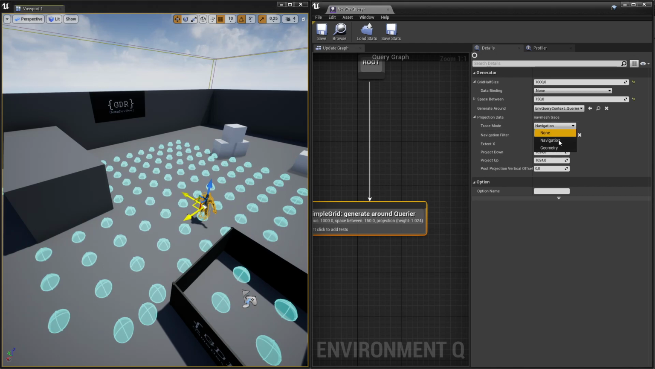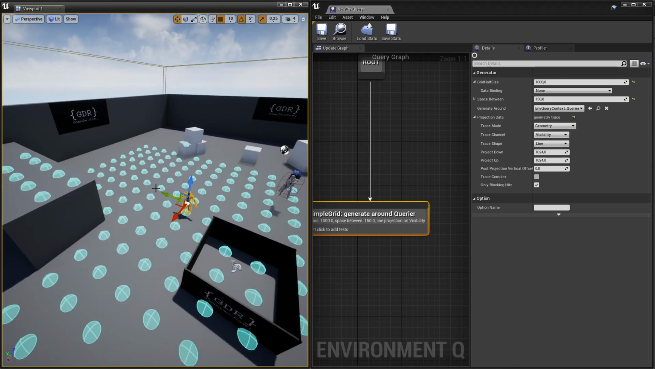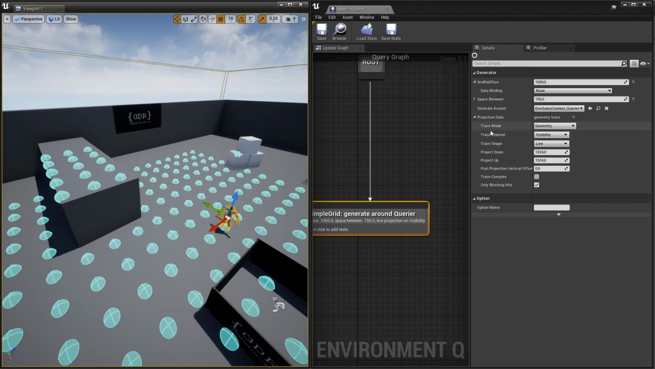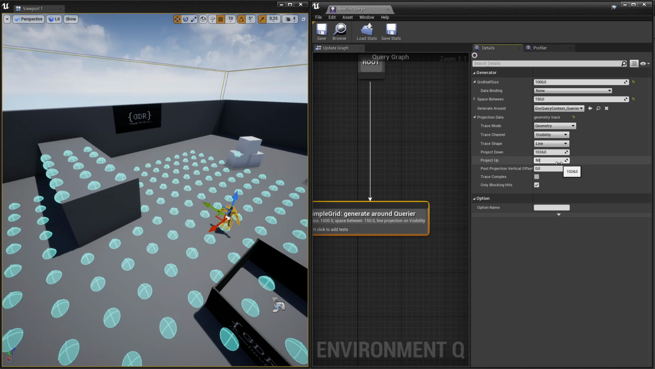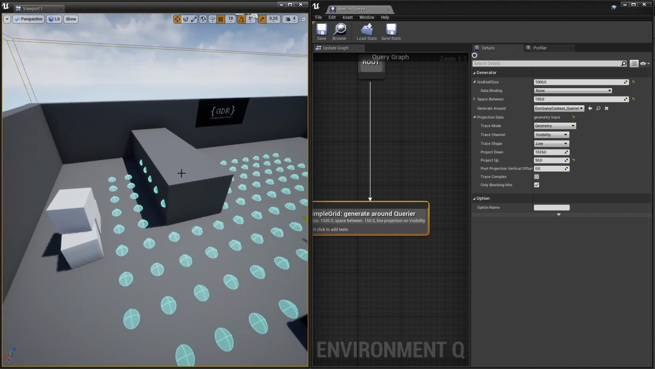But we can also select the geometry option over here, and then it will simply project them on our geometry. And we could select a trace channel and even a trace shape for the trace that it's using. And we could also tell how far up and down we want to project it. So for example, if I would set this to 50 units, you see all of these points drop down because they are above the 50 units. So right now they are colliding with this